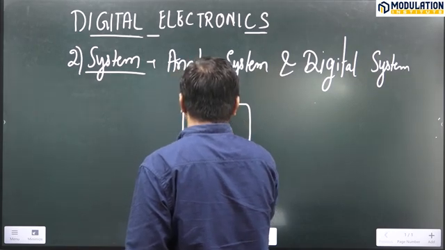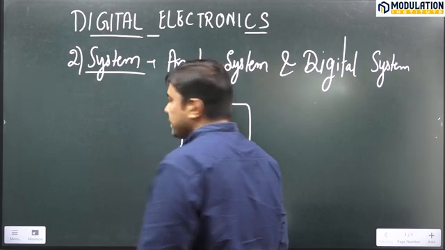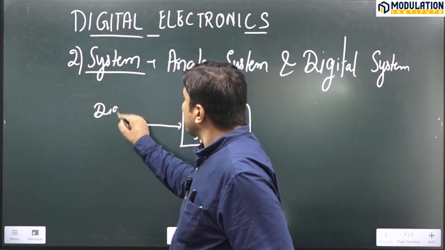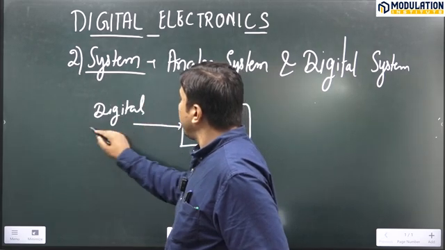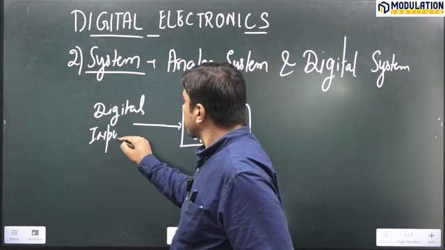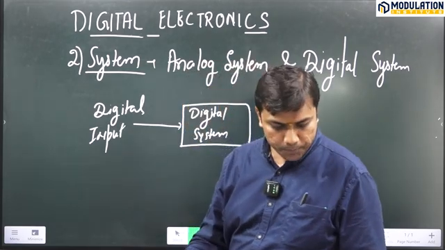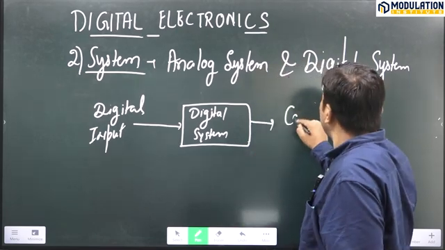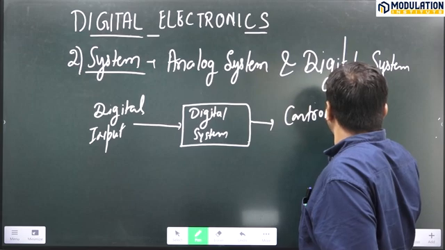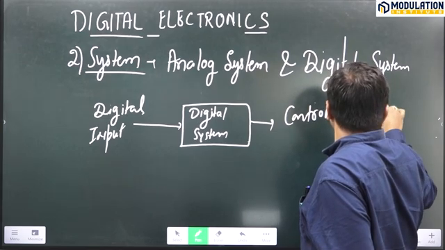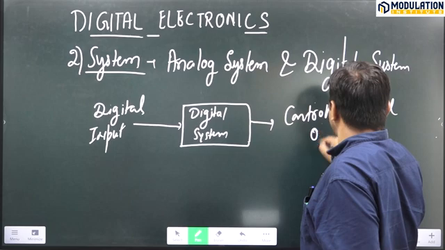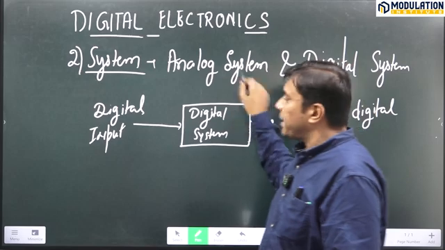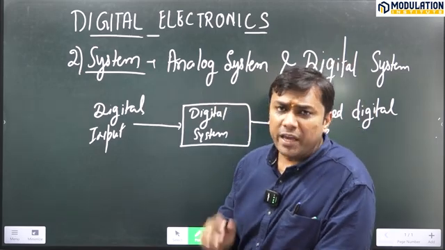Suppose it is a digital system, and we are giving some digital input and it is producing some controlled digital output. This controlling part is done by this particular digital system. So any of the system